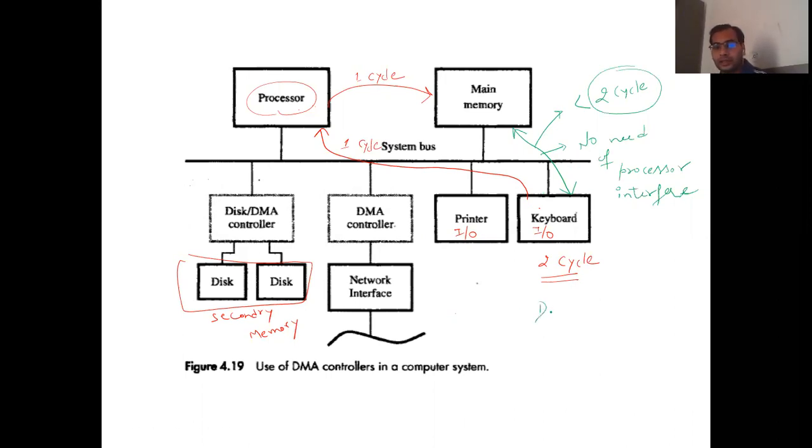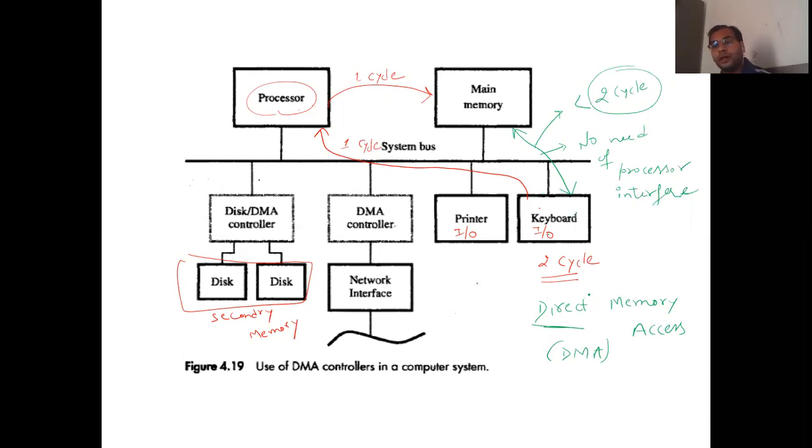As the name itself suggests, direct memory access means I/O devices are going to access the memory directly, or in short, DMA. Why do we need direct memory access?